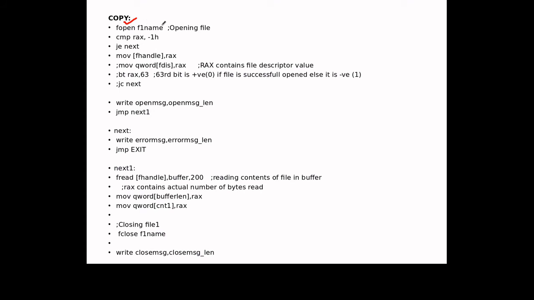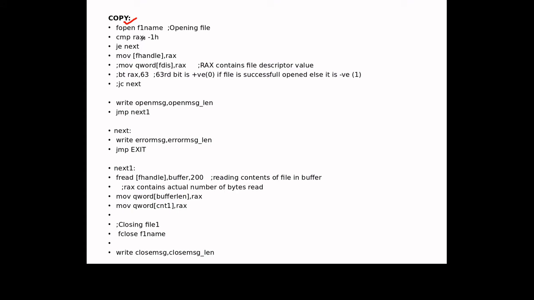F1 name is the file handle for file1.txt. Okay, so by this the file will open with that macro fopen. Now if the file opens successfully, it will return the file handle in the RAX variable.